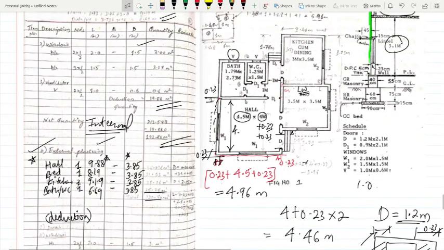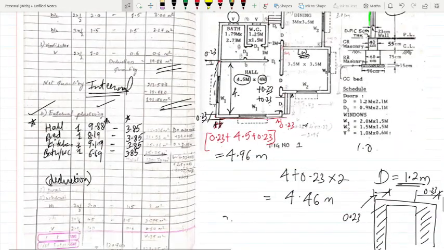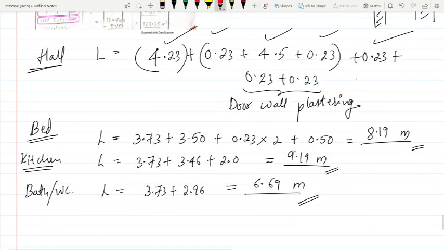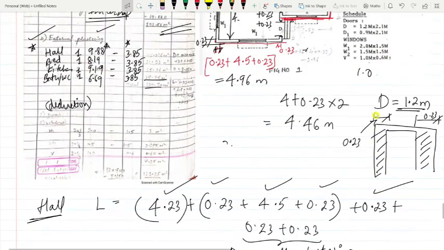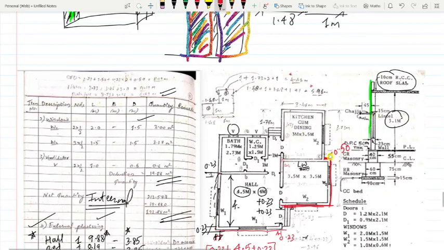Just here for the bedroom I'll show, where you are doing the plastering. You are doing the plastering up till here like this. You are coming here, you do external plastering. Here also you are going to do the plastering, and here also. This portion itself is 0.5, that thickness. Okay, this portion here is 0.5.